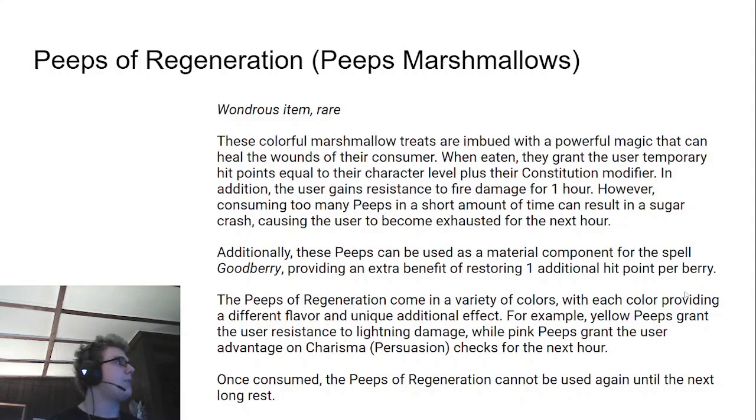That is absolutely perfect. However, I would change the wording a little bit because it says consuming too many peeps in a short amount of time can result in a sugar crash, causing the user to become exhausted for the next hour. And then down at the bottom, once consumed, the peeps of regeneration can't be used again until the next long rest. I would change the wording a little bit. Either take out the long rest bit, or say that you can only eat a certain amount per long rest. At least that is what